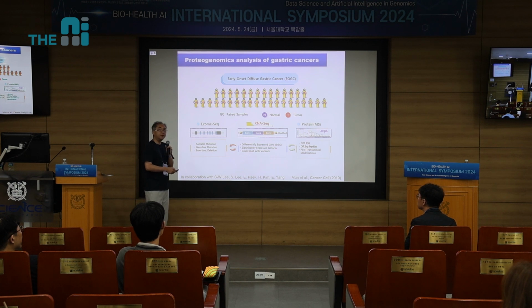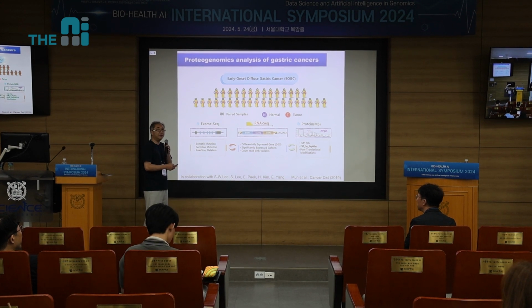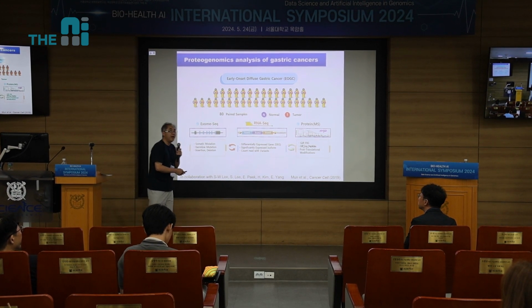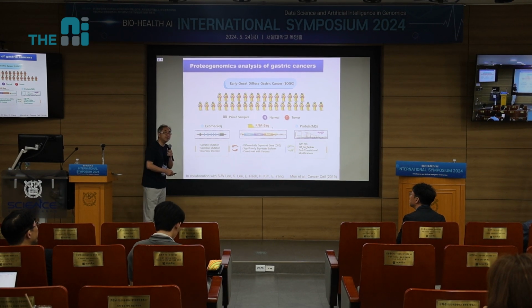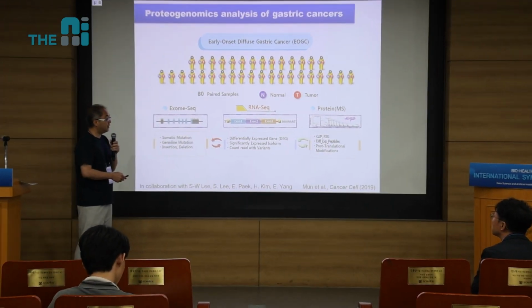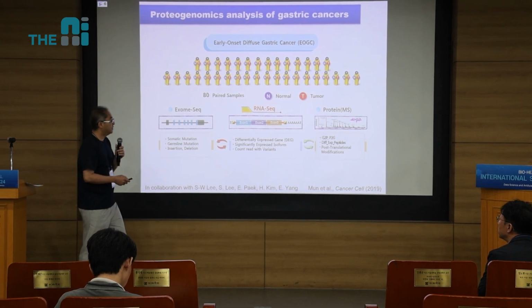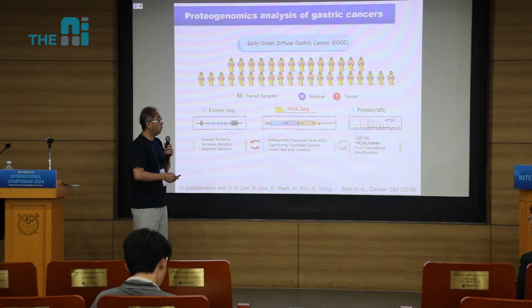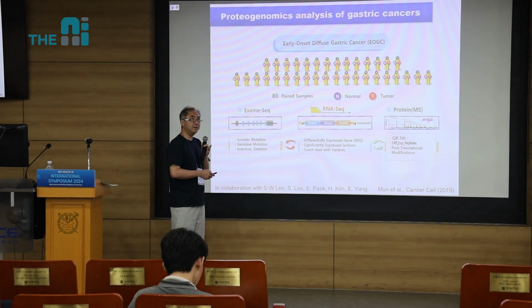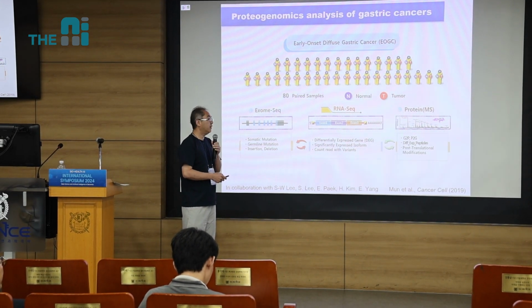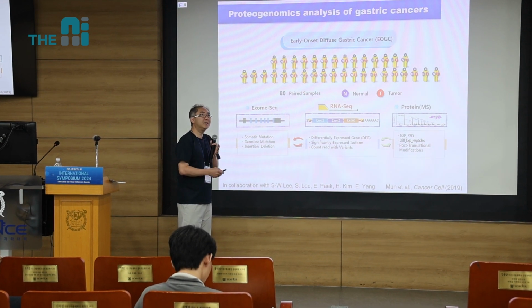And in this proteomic analysis, we did two types of analysis, the global proteomic profiling to identify the proteins predominantly upregulated in tumor, and also the phosphoproteomics and glycoproteomics to identify the phosphorylated proteins predominantly upregulated in tumor, and